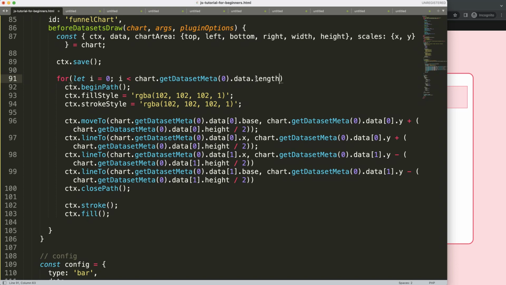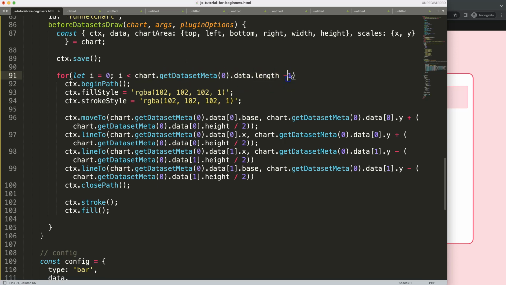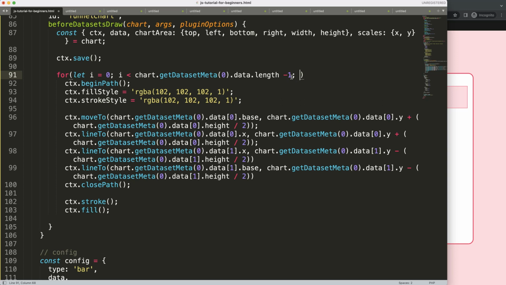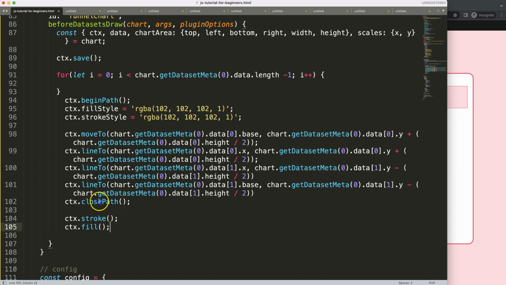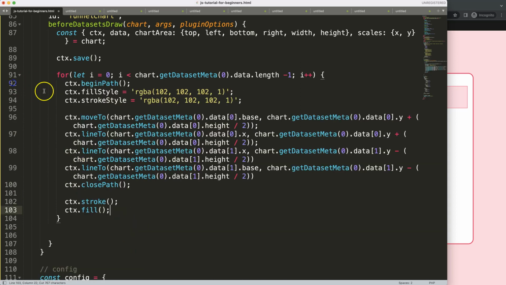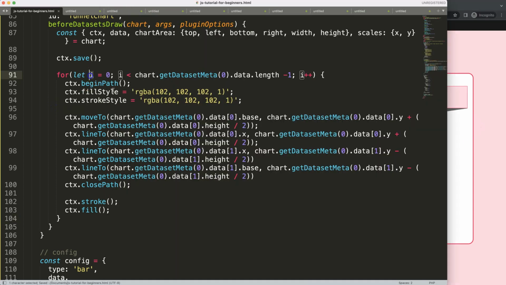Here's the dot length. And then what I want to do is we can say here -1, because I want to deduct 1 from it. Because what will happen if I have here the length? We'll have probably 1 too many. Sorry. So then once I did that, I++, add that in there. Let's cut this out, put that in there. Save that, refresh. Alright, so this works, but now what I want to do is I want to put an